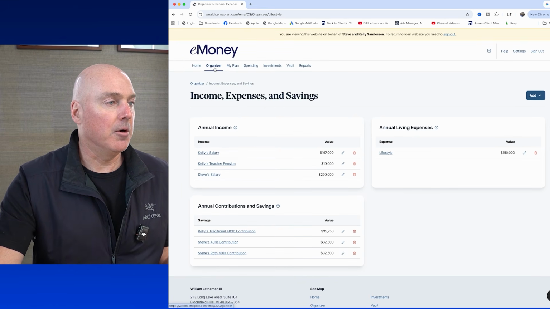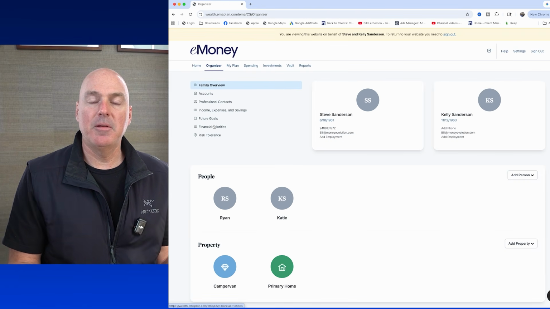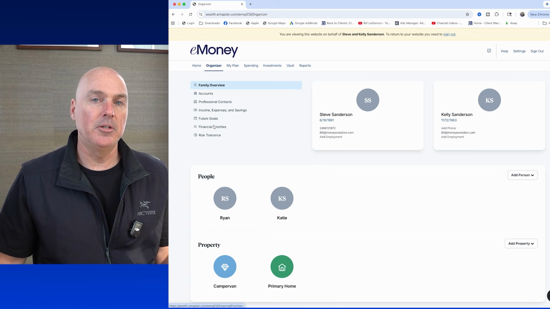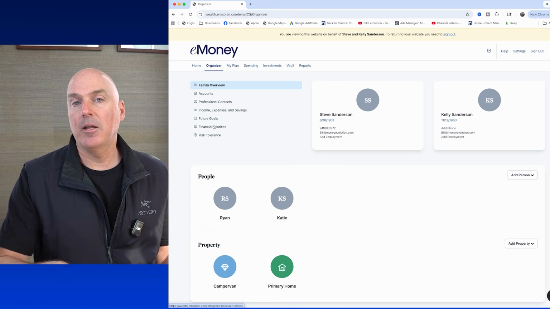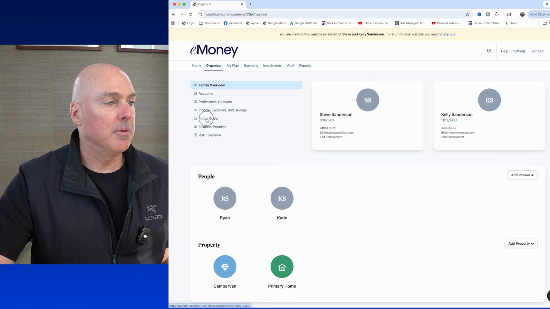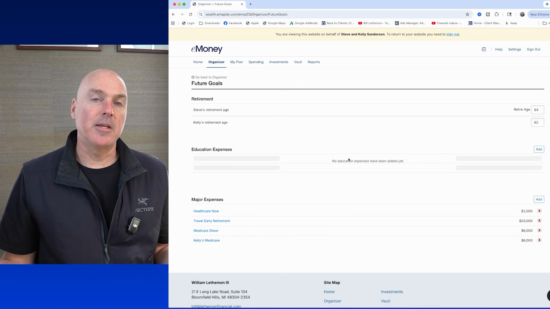The other part of the expenses and that income, expenses, and savings, those are going to be for expenses that you have every single year. So they're not going to change. So those are going to be more or less your fixed expenses, and they are going to all be indexed to inflation. But something called future goals is where you can have an expense and say, what a lot of